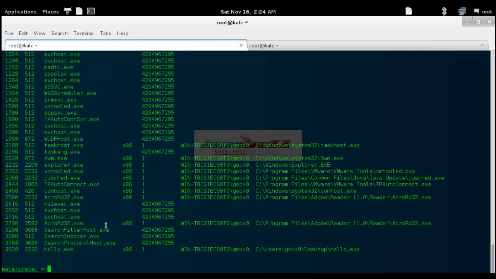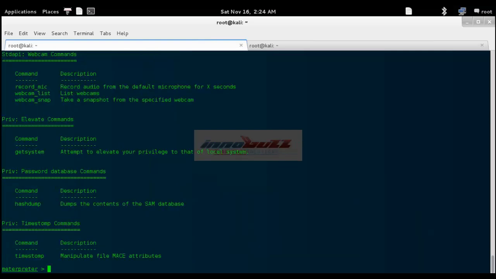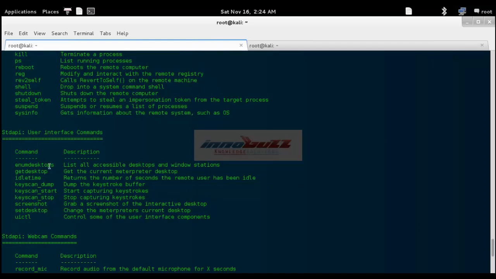If you want to check more commands about the Meterpreter shell, you just need to simply type help on the console and it will show you the different commands Meterpreter supports. One of the interesting commands is that you can capture the keystrokes of the victim machine. Suppose the victim is logged into a Facebook or Gmail account, or types into a payment gateway or banking gateway, you can capture the whole keystroke of the victim machine and get those keystrokes.